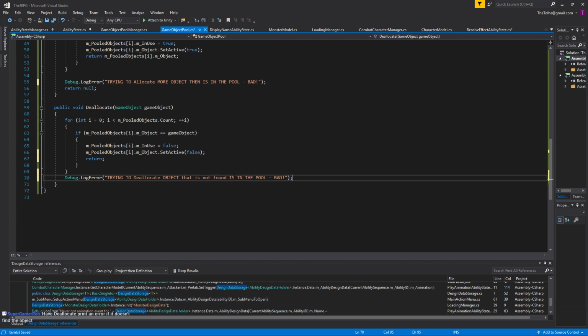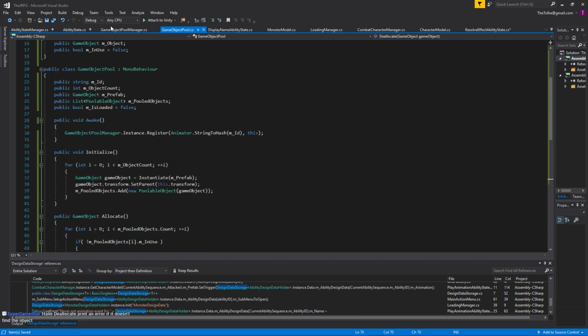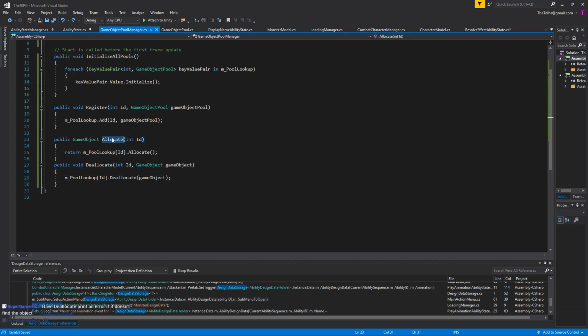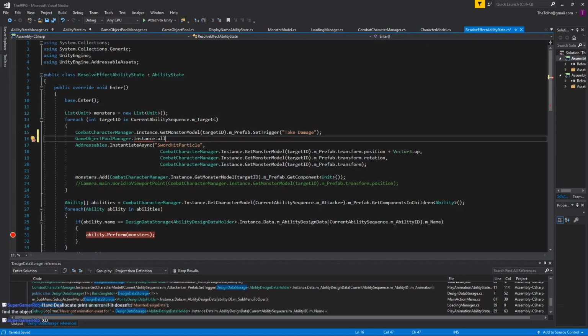I don't feel like capsing. Okay, let's make that super unreadable. Now, again, we come back up to the resolve effect. So we can allocate an object, and we need to pass in an ID of the object that we want to allocate. But we run into this problem that,